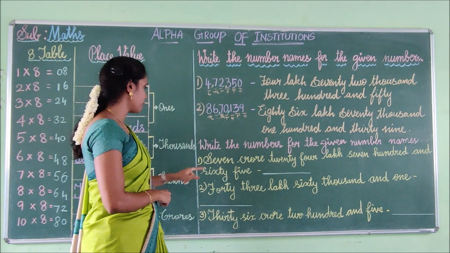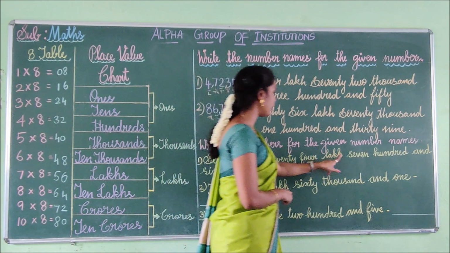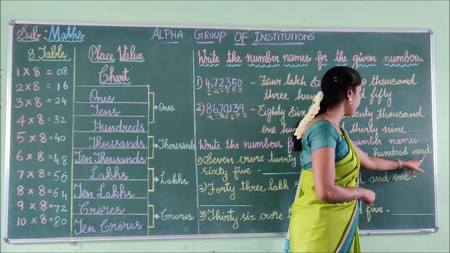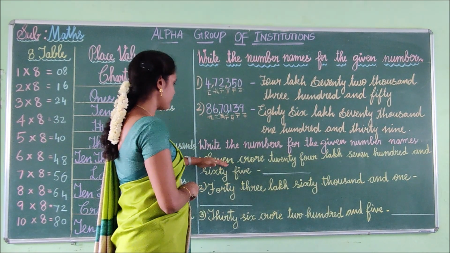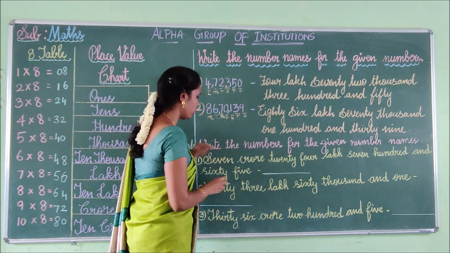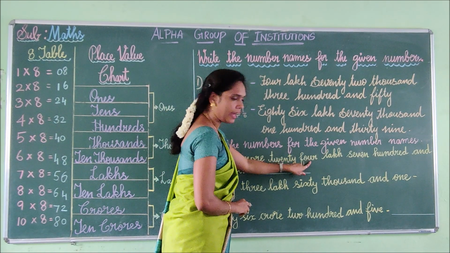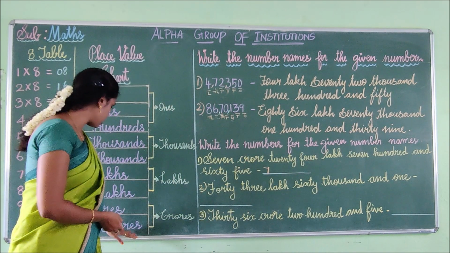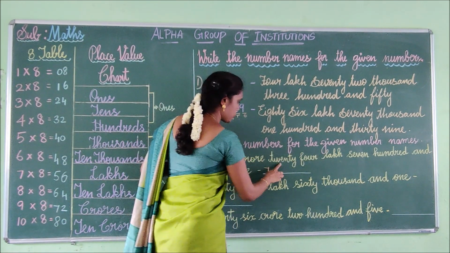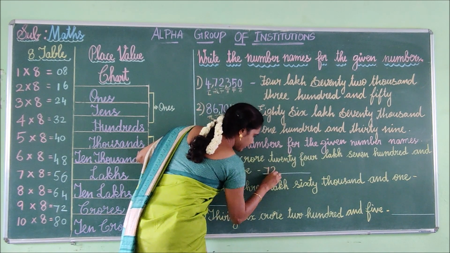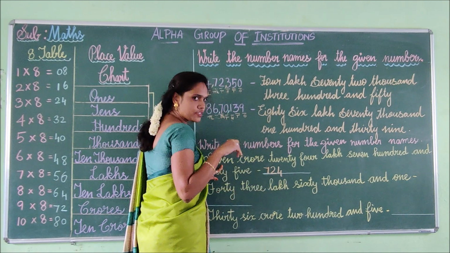See the first one. 7 crore 24 lakh 765. So we have to start from crore. So 7 crore, 24 lakh. See here, after crore you have lakh, so here also it is in lakh. So 24. 7 crore. So you have to put a comma, or else at the last you can split the numbers.